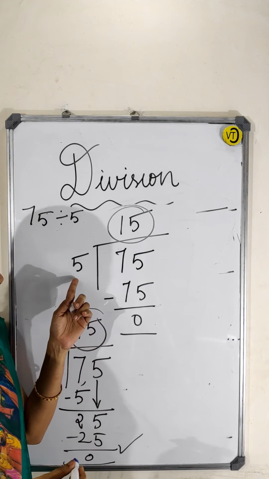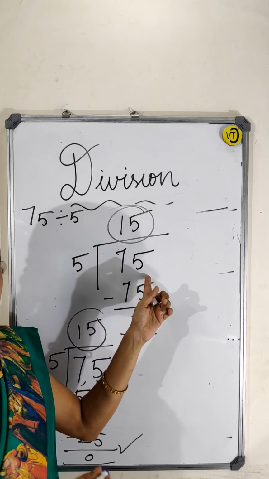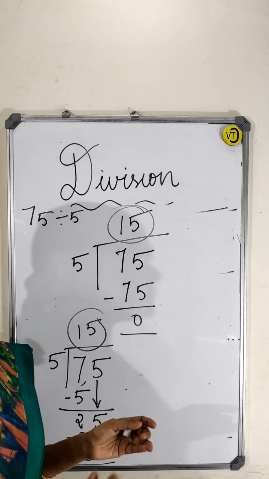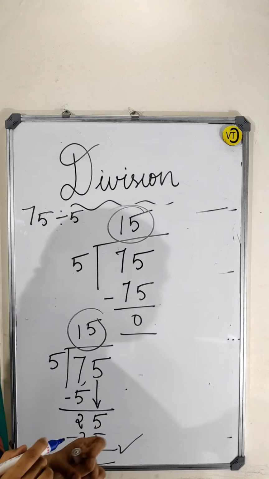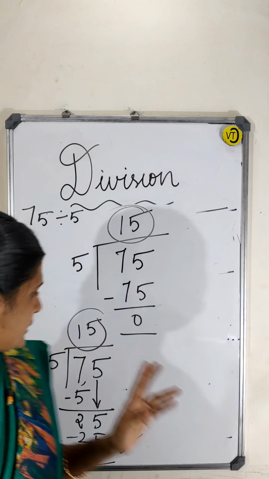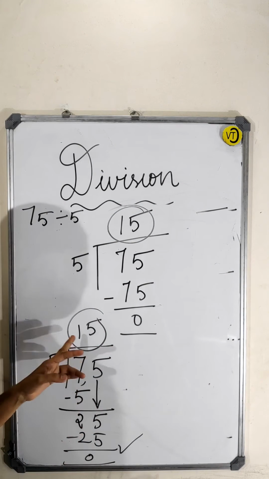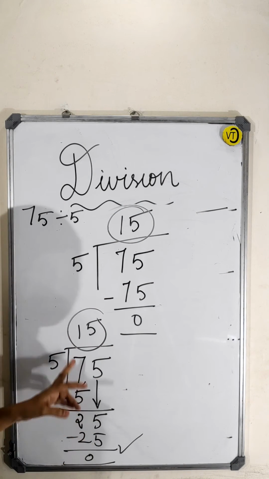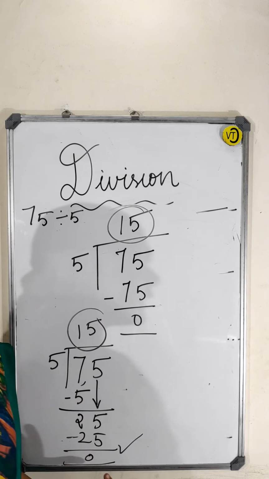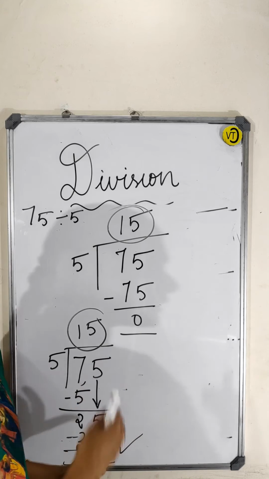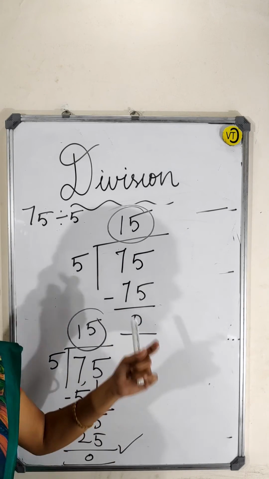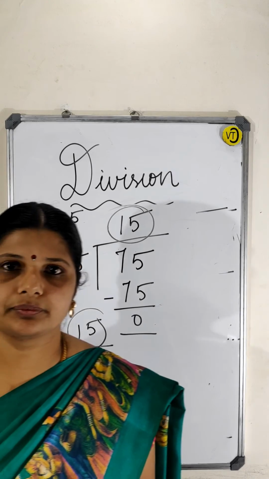If you know the table till you reach 75, you can easily get the answer in the first step itself. Oh no ma'am, I don't know up to that, I only know up to 50. Then you have to do this method. 5 ones are 5, first you do it, then subtract it, and bring down the 25. Again the same method I told you in the last sum, the long division method, right? You can do this also, the very same answer will come. Both methods are right.